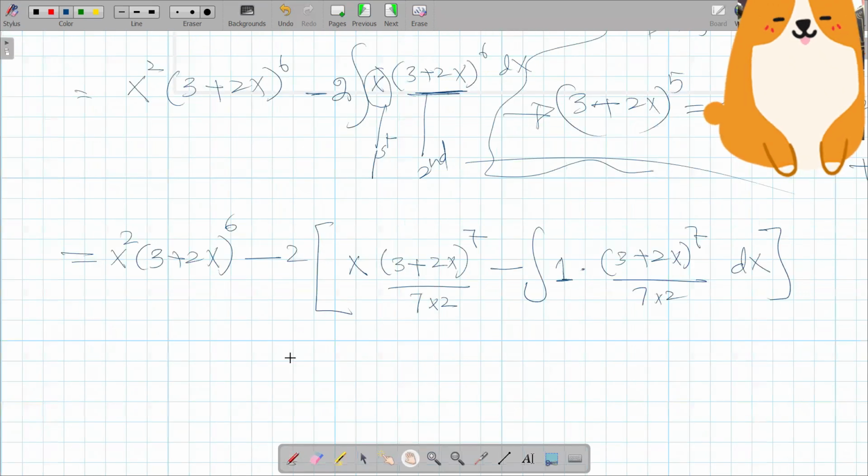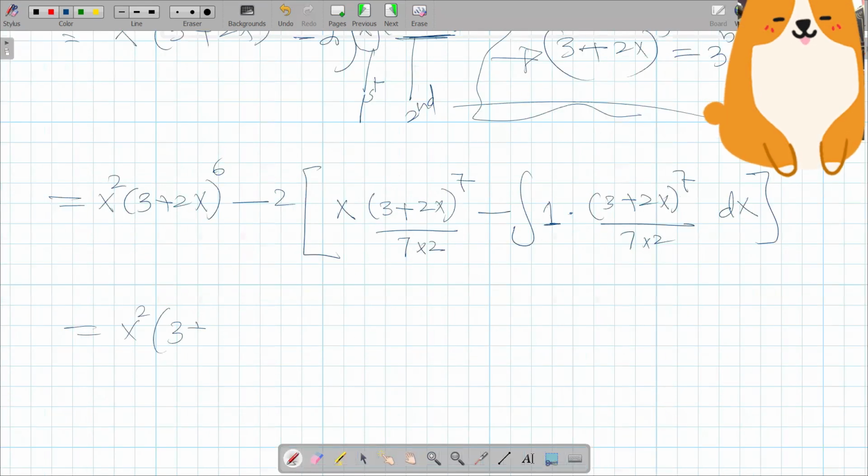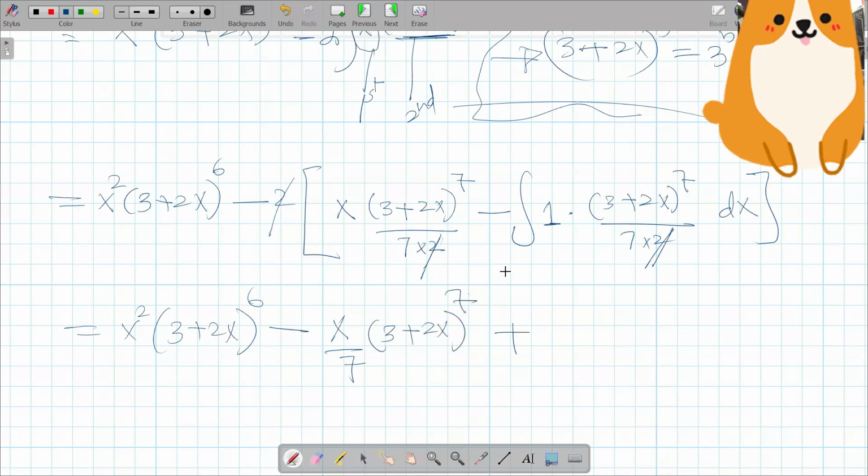This x squared (3 plus 2x) power 6 minus 2 will be multiplied, and since 2 is in the denominator we can cancel it. So x divided by 7 multiplied by (3 plus 2x) power 7, minus into minus plus, and 1 over 7 times